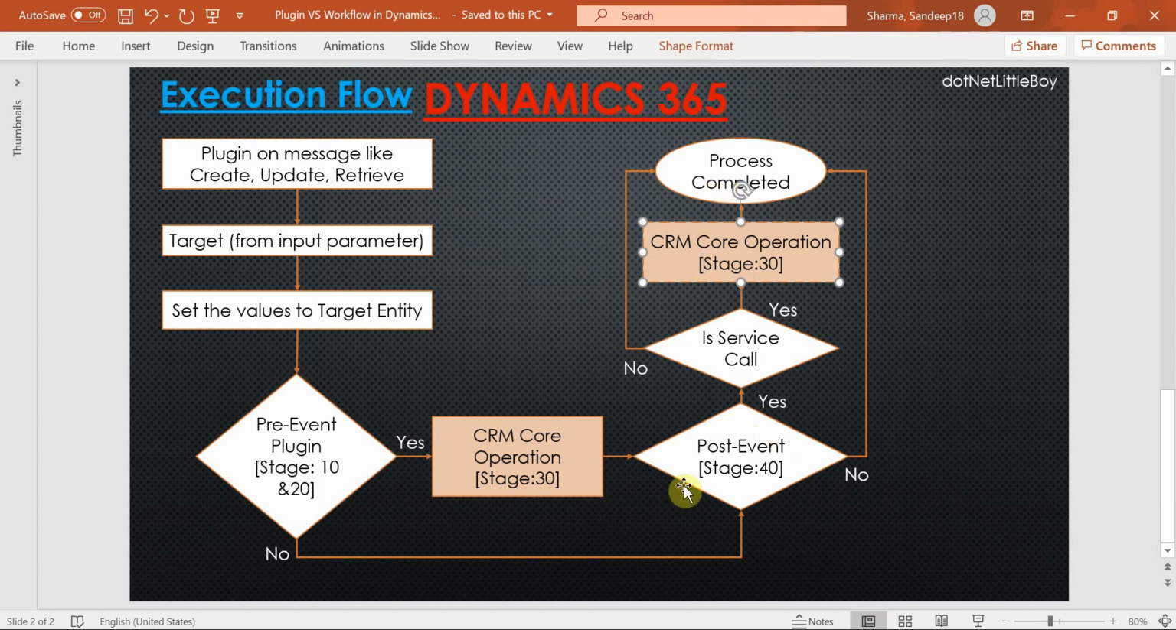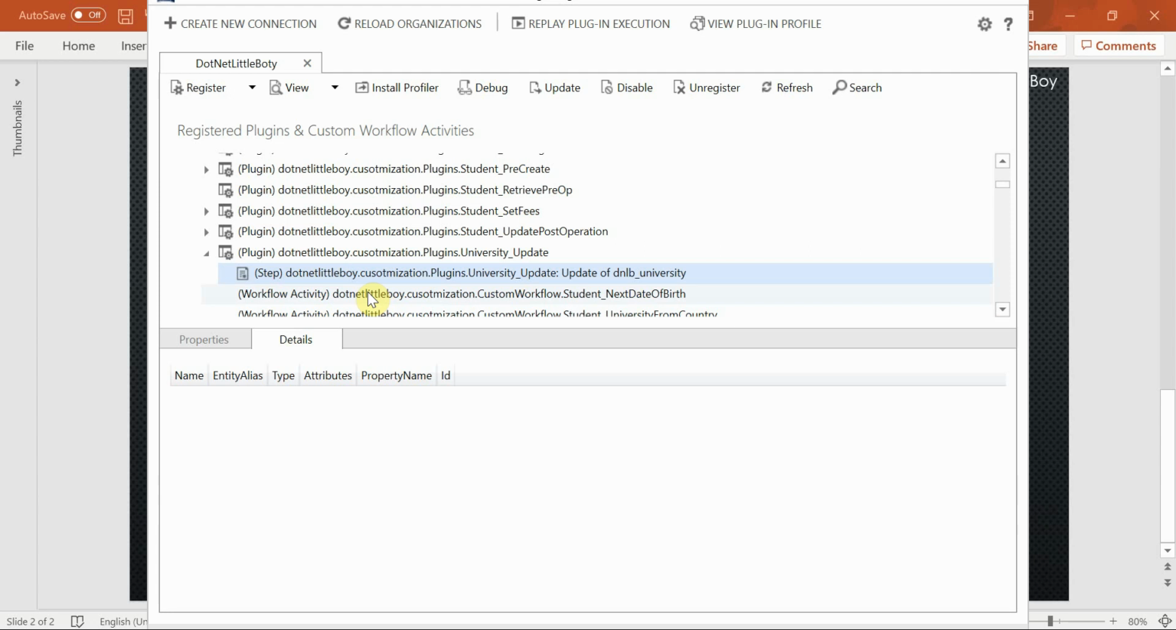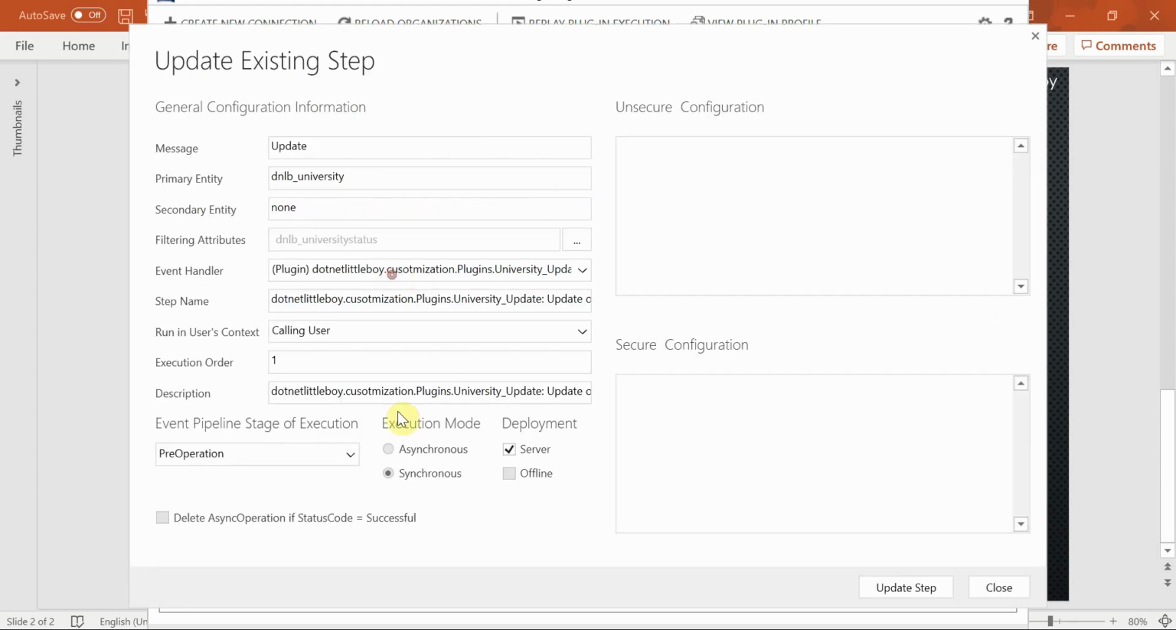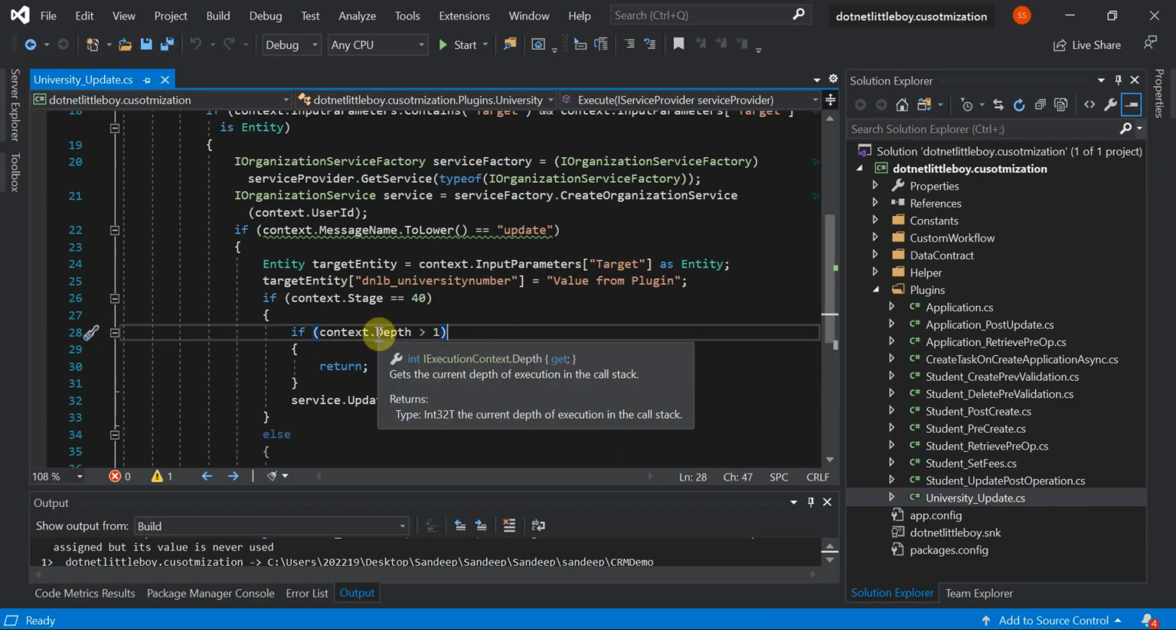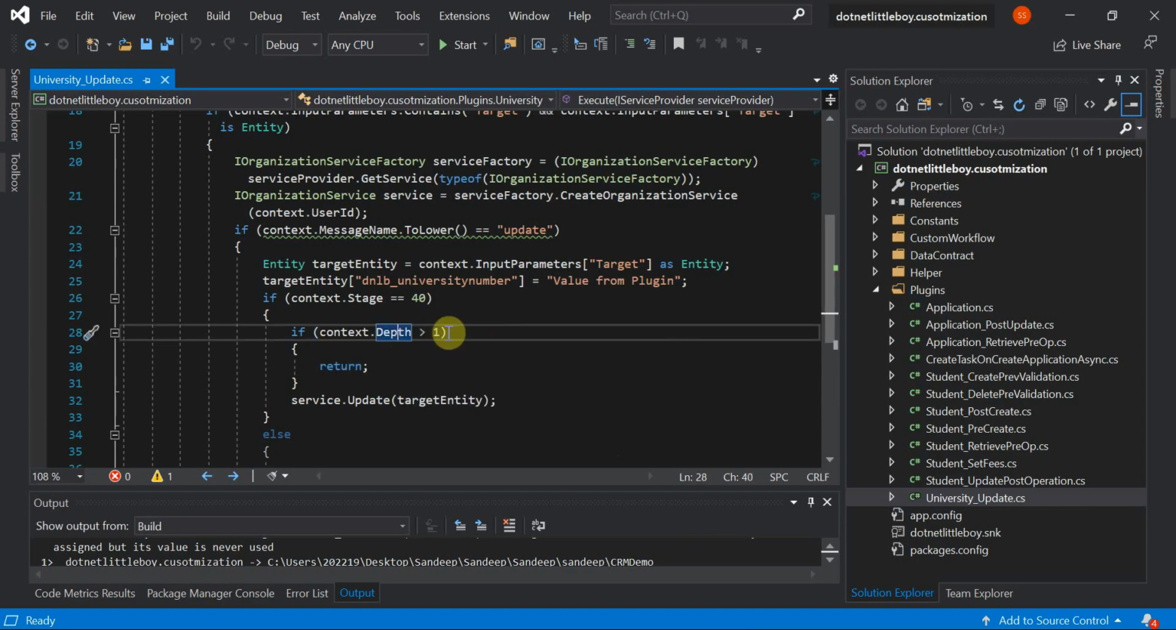If the core operation does not have any post event, then finally CRM, after updating the record, my target record, CRM will complete the process. So in CRM, before the core operation we have the pre-event and the post-event. Since I'm going to update my plugin for both pre and post, that is why I have taken that condition here. Also inside my code, I'm checking the depth here, because